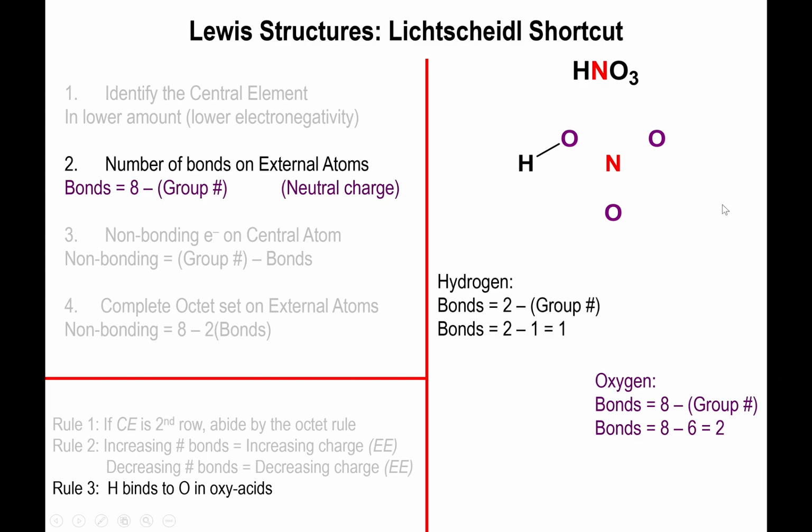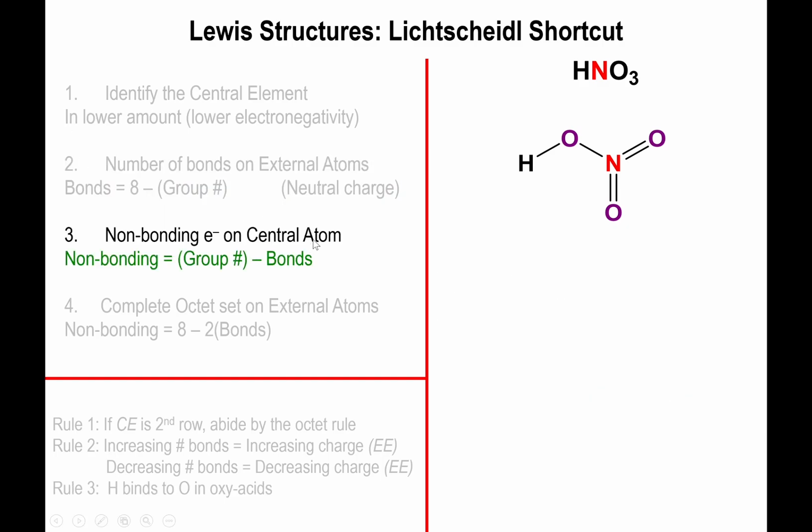So for the oxygens that have no other atom bound to them, automatically what you want to do is draw a double bond onto the central element. Now the oxygen here that has the hydrogen bound to it already has a single bond present. So you only need a single bond attached to the central nitrogen element for the oxygen here on the left to have 2 bonds altogether. Okay, so that's the one caveat, right? If you have further connectivity, you have to account for all the bonds present on the oxygen. Don't just go automatically drawing the double bonds. All right, now